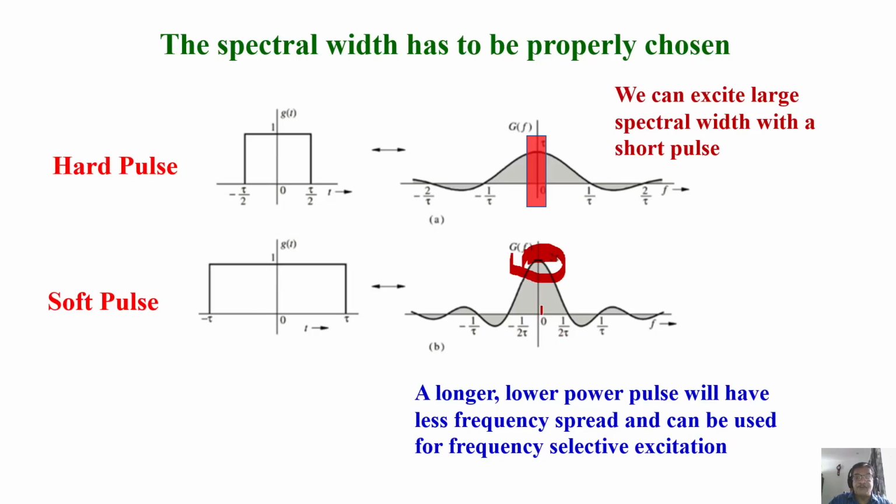In the power spectrum, you see, supposing you are going to excite in this region, if you set your spectral width like this, you have to have a carrier offset, carrier frequency. Your carrier is here, and whether your spectral width is 1000 hertz or 5000 hertz, if it goes beyond, then it is not uniform excitation. Sometimes at this point you may not even excite the spin. So you have to have a uniform excitation. That is why you have to choose this region. And for a 10 microsecond pulse width, I said here to here is 100,000 hertz. So you have to choose this region.